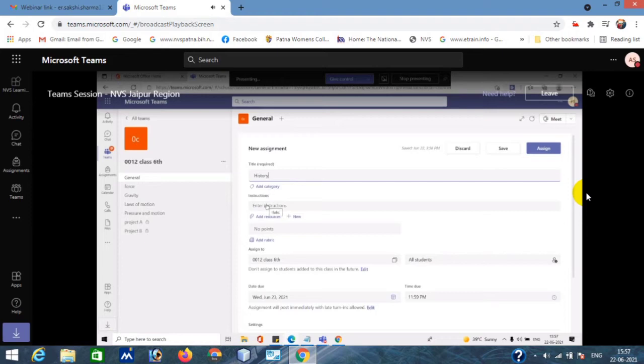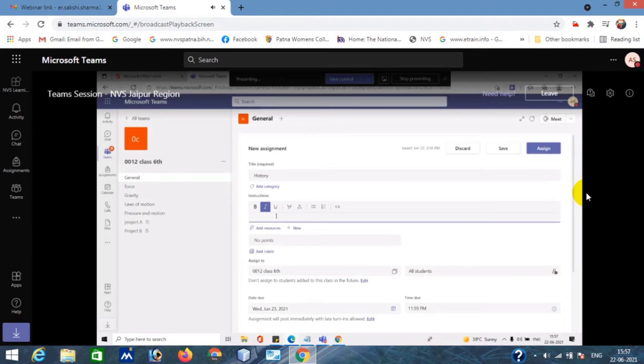Now the next part is instruction. In the instruction, whatever you want the students to follow in this test, you can write here. Let's suppose you want to instruct them not to use this and only submit the assignment through copy. They can do the assignment on a copy and click an image, or do the assignment in Word.